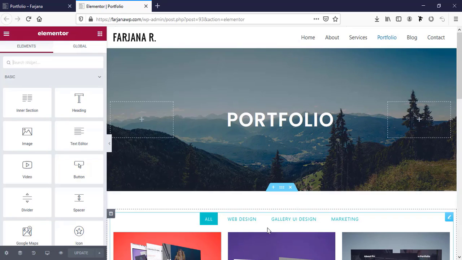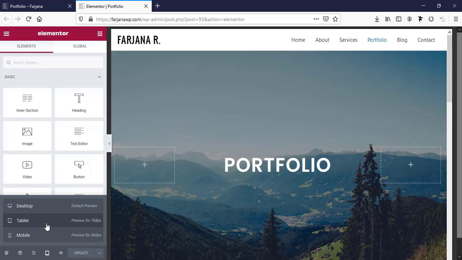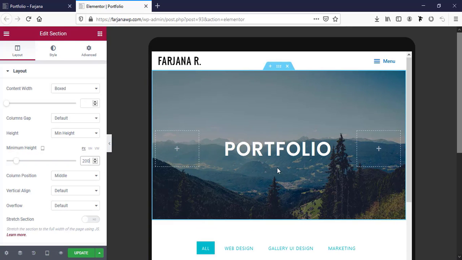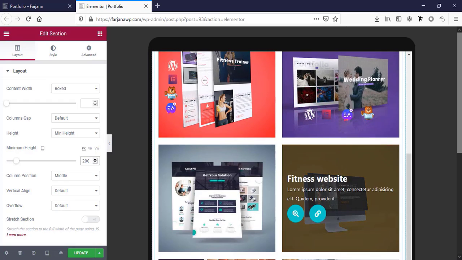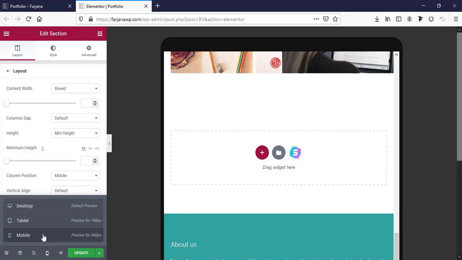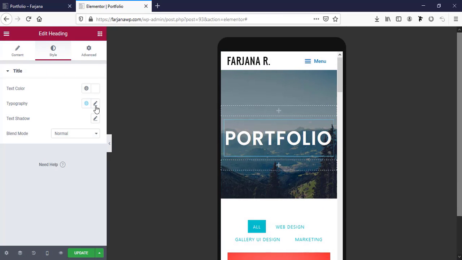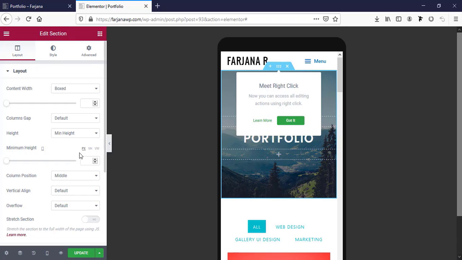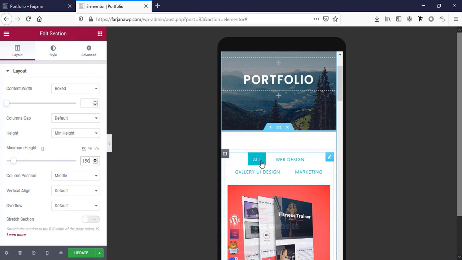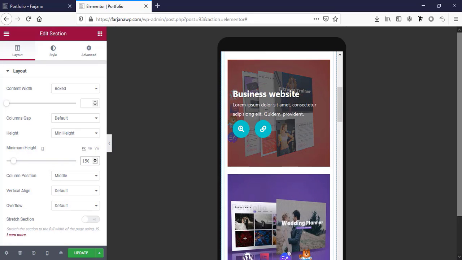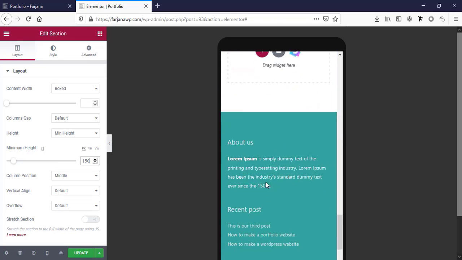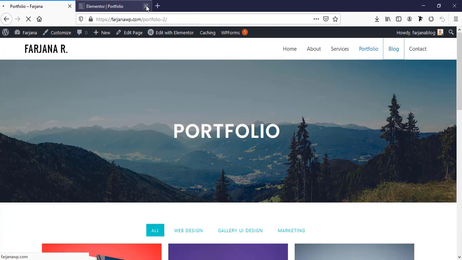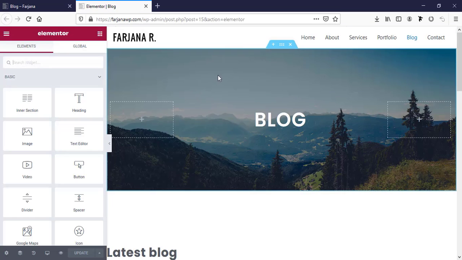So for portfolio, first I'm going to tab view and going to sections, going to min height. I'm making the min height 200, and all these items look good for tab. And also going for phone, here I'm making the title size 35 pixel, and also the section min height 150, and for the below section this looks good. All this looks good. Okay, now I'm saving it, and now going to the blog page, going with Elementor, and similar way going to